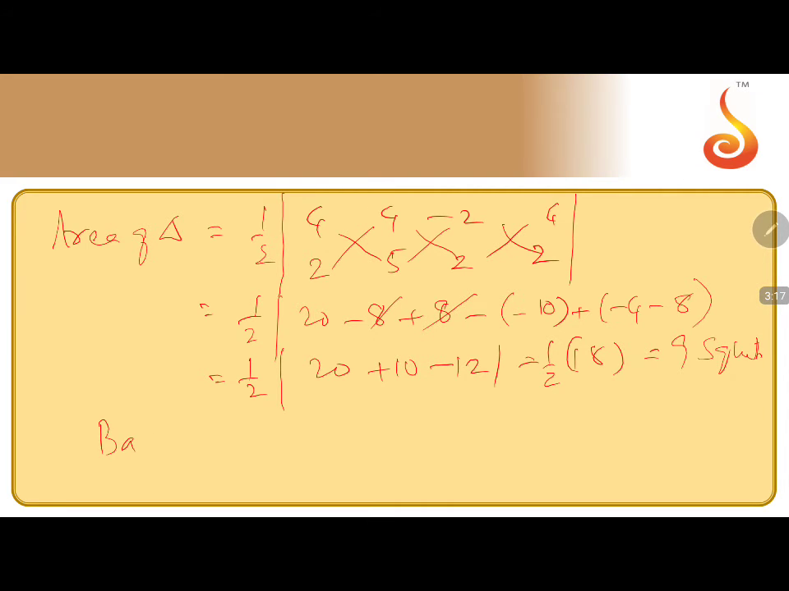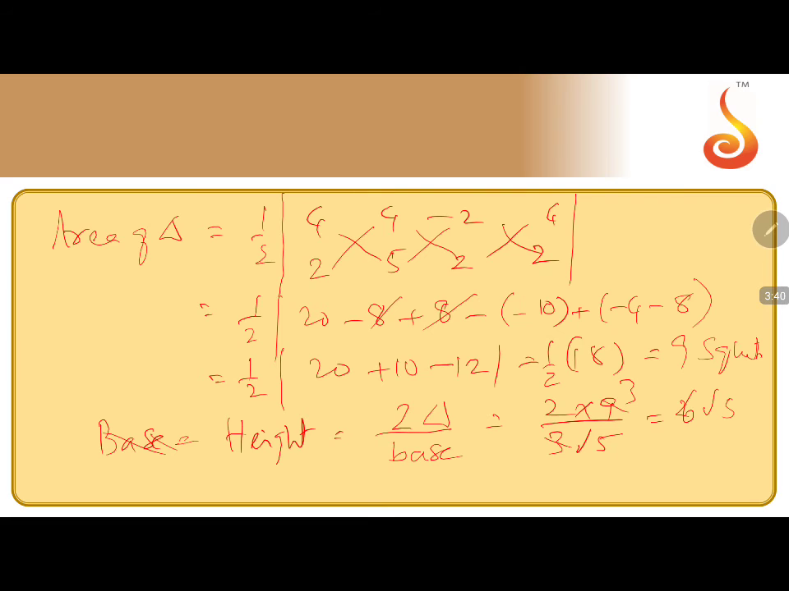Therefore, height is equal to 2 into area of triangle by base, which is 2 into 9 by 3 root 5. 3 goes 3 times here. You multiply root 5 in both numerator and denominator. So you will get here 6 root 5 by